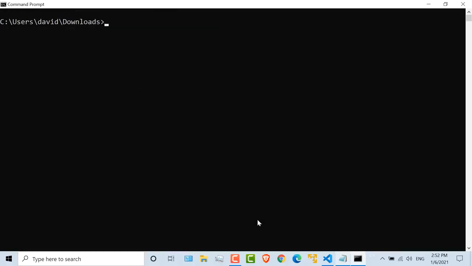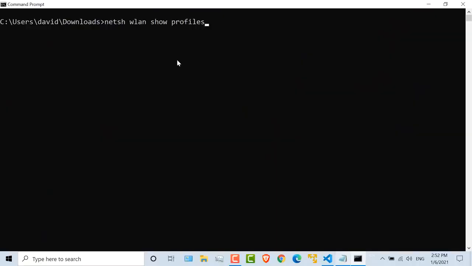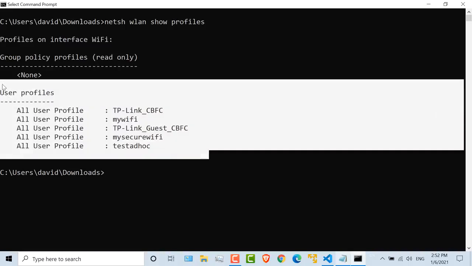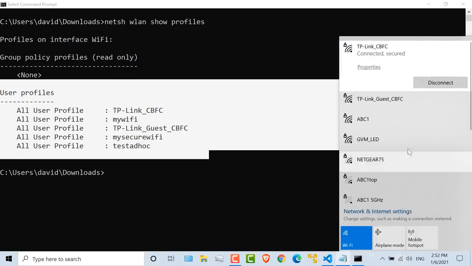Before we do that, let's look at some basic Windows commands. This is not Python. This is just commands running in Windows. So netsh wlan show profiles. This shows me all the Wi-Fi profiles stored on this computer. If I click on the Wi-Fi icon, notice I'm connected currently to this Wi-Fi network, but other Wi-Fi networks are